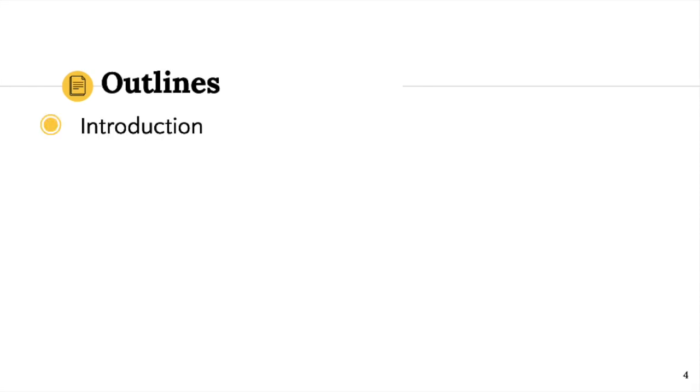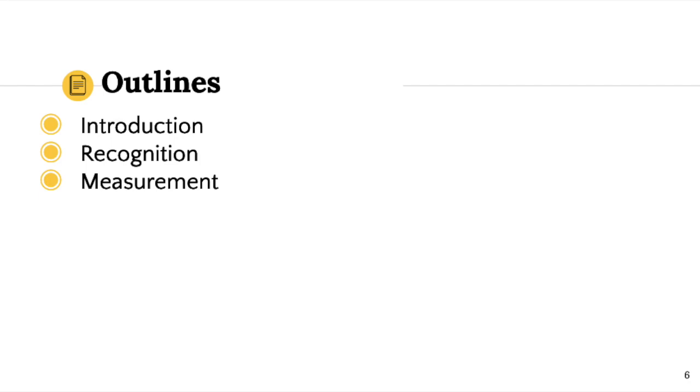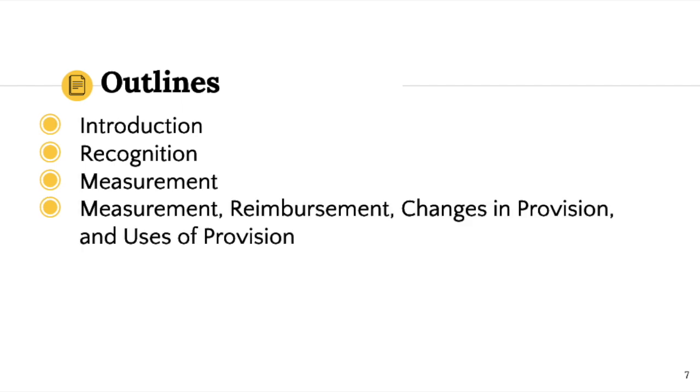In this part, Thania will give explanations about objectives and definitions of provision, contingent liability, and contingent asset. Next, Sakina will continue with elaboration on what terms or conditions we should recognize provision, contingent liability, and contingent asset. Dewi, as the third speaker, will explain how we measure these 3 items and how do we determine the best value. The measurement part will be continued by Mazaya, and she also will talk about the reimbursement, changes in provision,